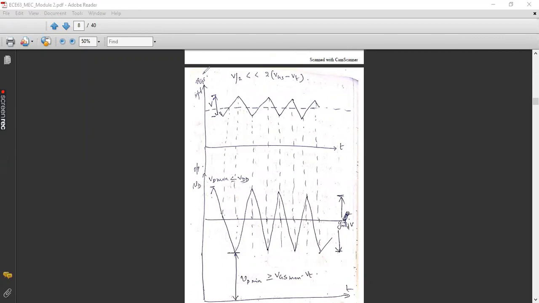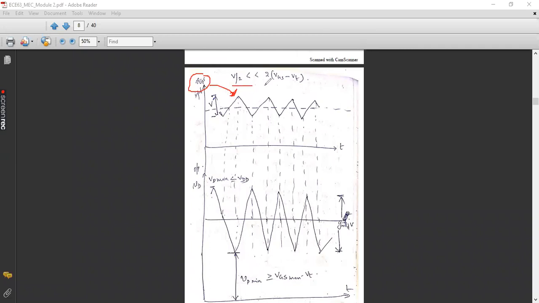And also you can see the notation here, small letter v with capital GS, means we have considered the total voltage of your input terminal. Total voltage in the sense the cumulative, overall effect of both AC and DC. And please understand that the peak to peak value of this triangular input is V. So this is a signal which is to be amplified. So V is the overall peak to peak.